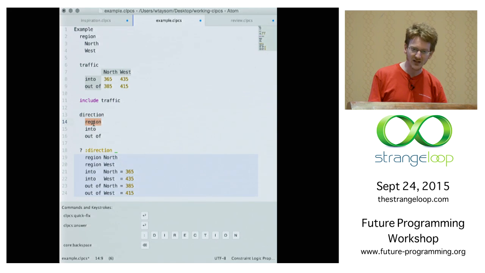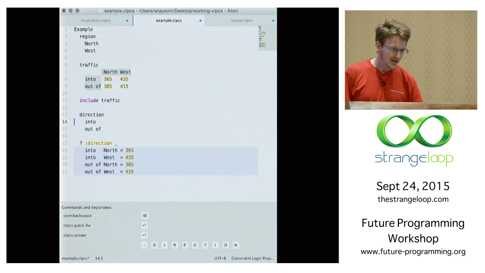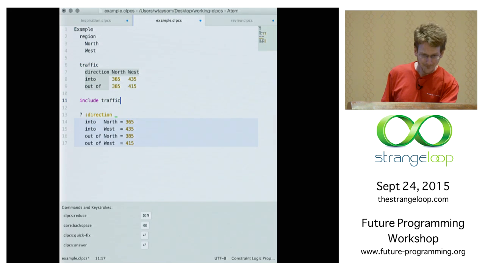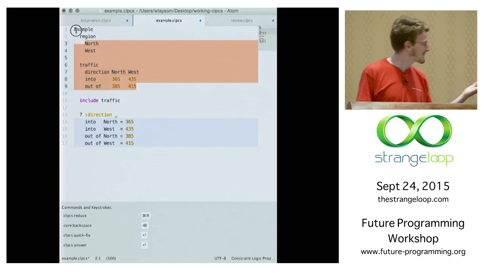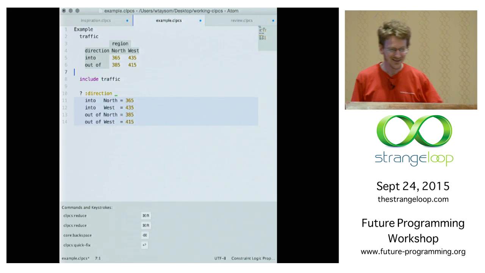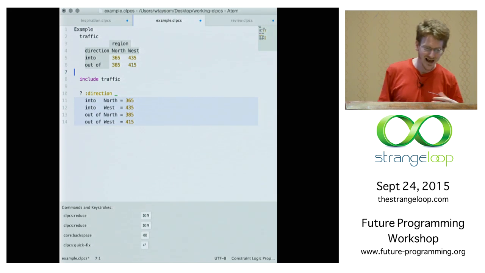So let's restrict direction properly, and we reproduce the traffic table. Since directions label a column in the traffic table, we can combine them. Likewise, since regions label a row, let's merge again. Okay, we're going to press the key. There it is. So now we have three relations embedded in one table: region, direction, and how their product maps